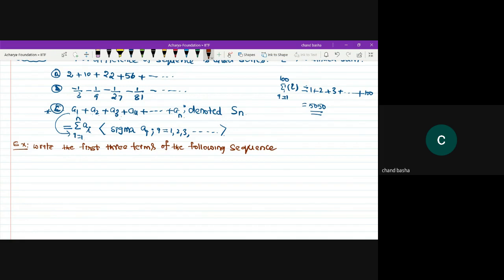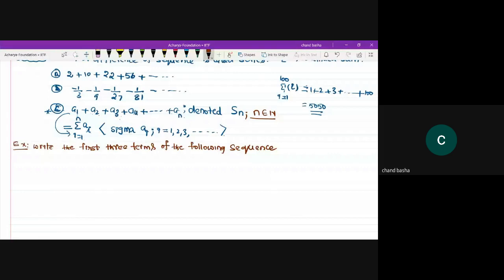And even I can write this n. N belongs to the natural number system, always. In the sequence that I have written, A1, A2, and so on up to AN, what is n value? N belongs to the natural number system, always. The first question he has given, AN is equal to